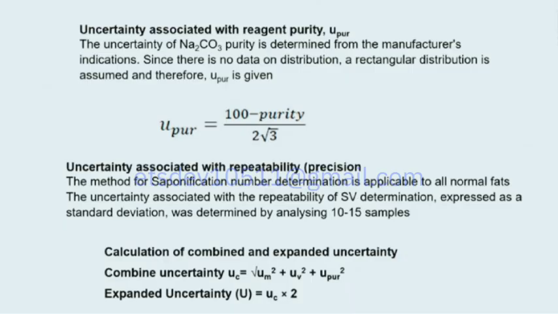And if there is no data given on the bottle on the purity or the measurement of uncertainty, we can assume the rectangular distribution because it is over a wide range, and the plus minus value is not given. So you can put (100 minus purity) divided by 2 into root 3. Then what is the uncertainty associated with the repeatability? The saponification titration can be carried out by the analyst at least 10 or 15 times, and you can calculate that. Then you calculate the combined and expanded uncertainty: combine the uncertainties, and then do the expanded uncertainty. So this is to tell you how you would go about